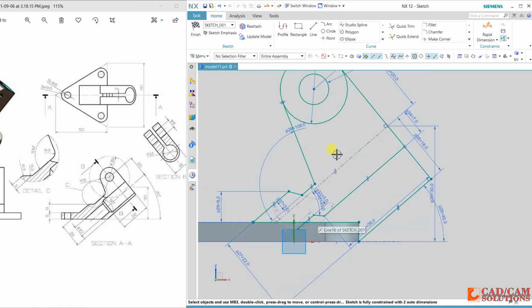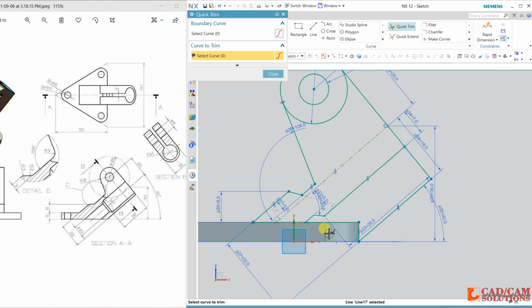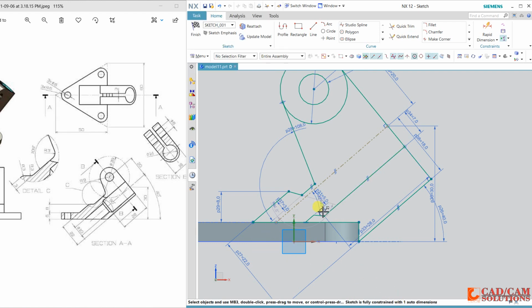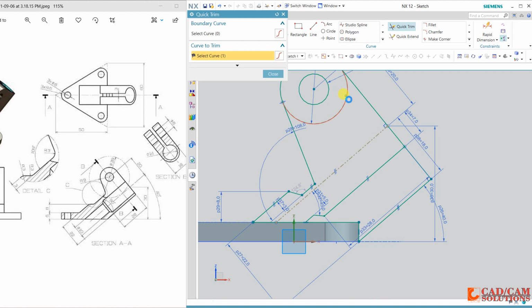Only a few dimensions are left. First trim this. One auto dimension, which is this value. Trim.